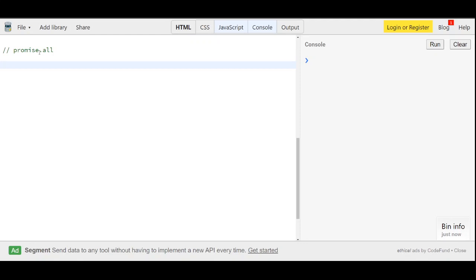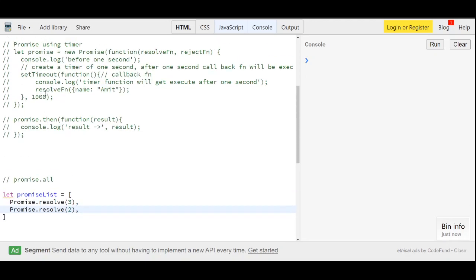The all method is basically used to process multiple promises at once. So for example, I'm creating a promise list, an array, and in between them I would say Promise.resolve. I want one promise to be resolved, comma, and a second promise to be resolved again, 2, and then the timer function, which I'm copying from here.